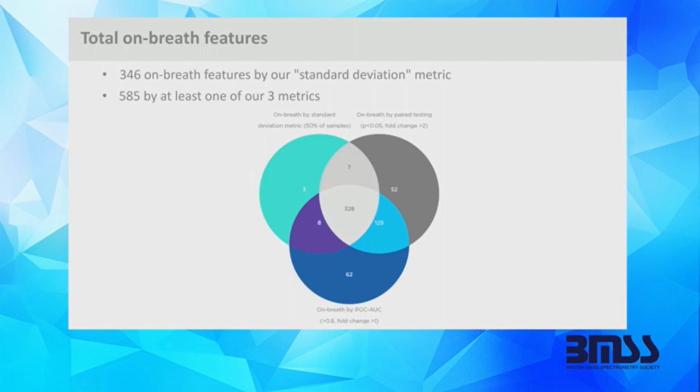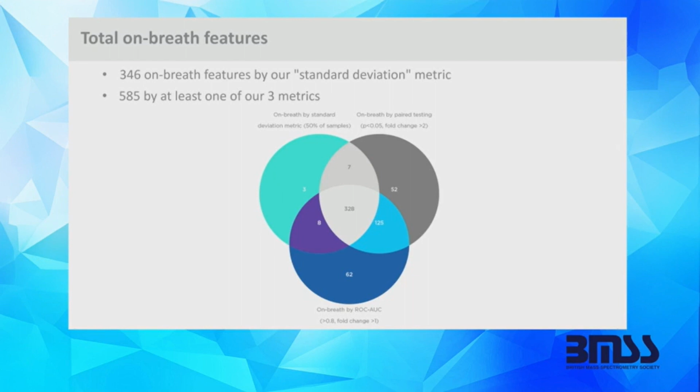Our secondary metric is a paired t-test approach, which considers only the corresponding equipment blank sample of the breath sample and calculates whether the difference between the two is significantly different by performing a paired t-test with a p-value of 0.05 and a fold change of at least 2. And finally, our third metric of on-breath determination is using our receiver operator curve area under the curve. Applying all three of these on-breath metrics, a total of 585 features were considered to be on-breath from our dataset